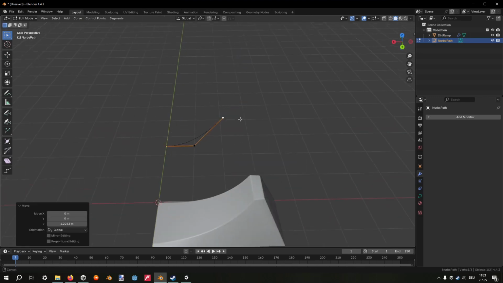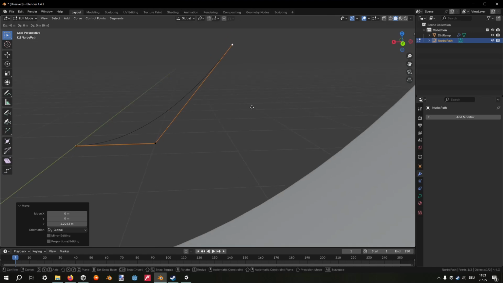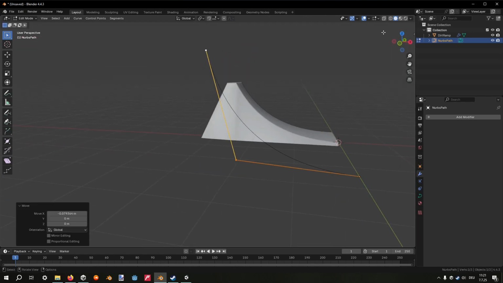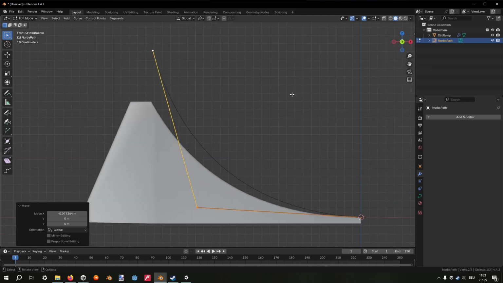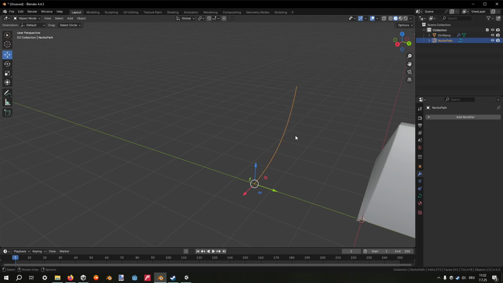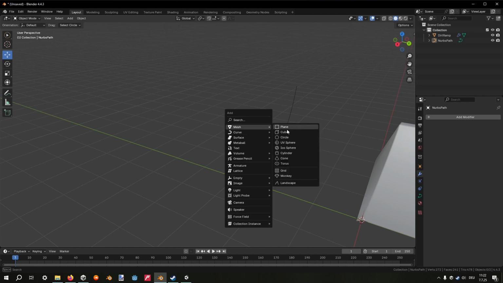Then we will make the kind of the shape of the ramp. You can also always click on these ones to get into the side view, which might be a bit easier to do. Now we have our curve. We won't convert it to a mesh yet, or actually we don't need to convert it, because what we will do now is we will add our plank. So just add a cube,